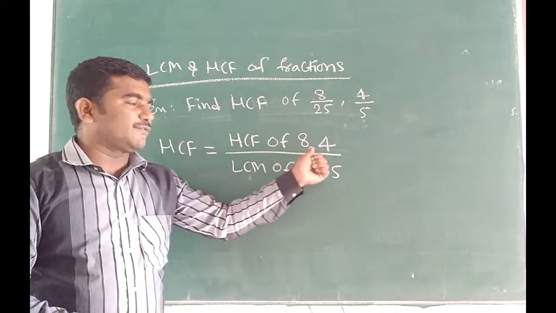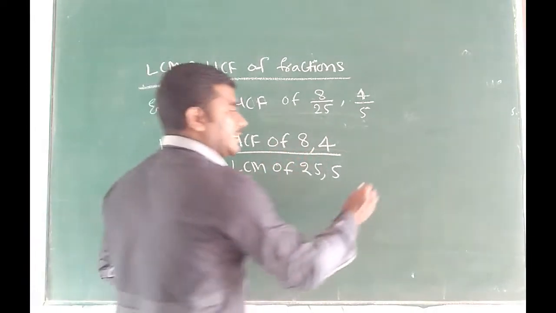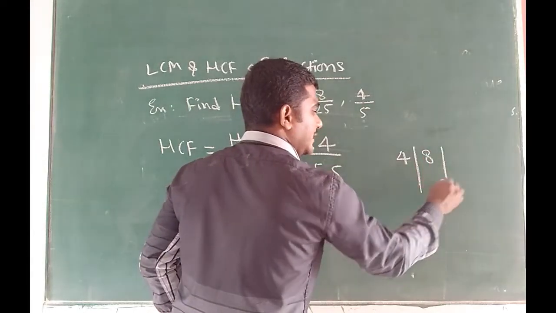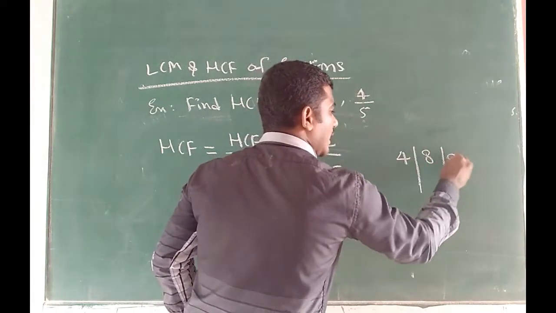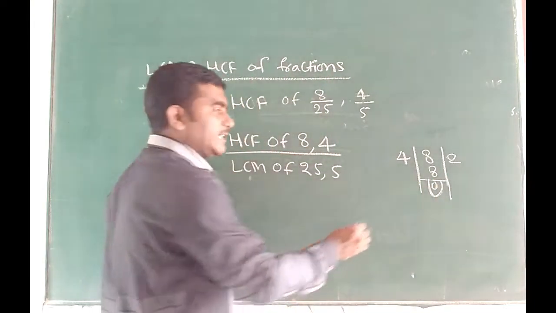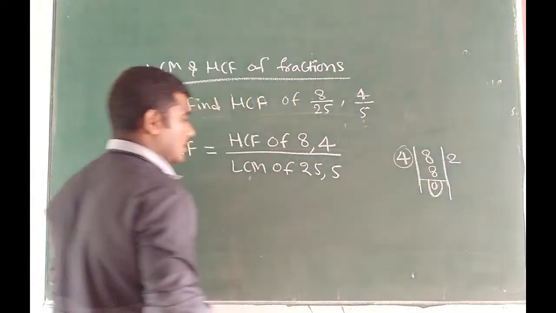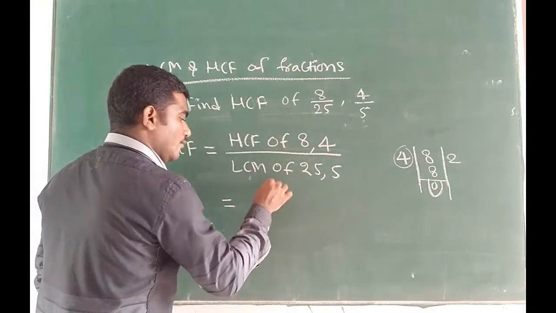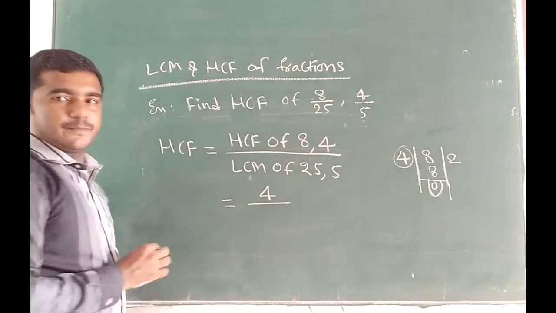So find the HCF of 8 and 4. What is the HCF? The bigger number is 8. Using the division method, 4 2s are 8. Now you get the remainder 0. So what is the HCF? The divisor, this is 4. So the HCF of 8 comma 4 is 4, divided by